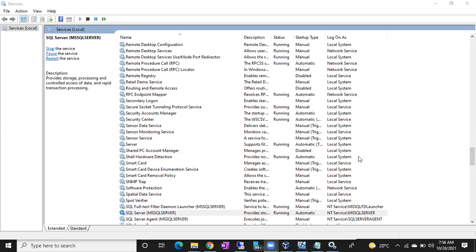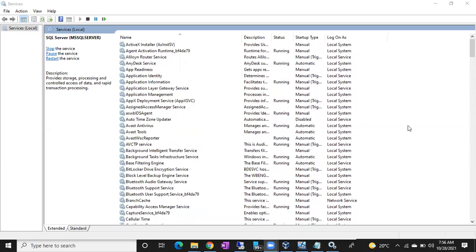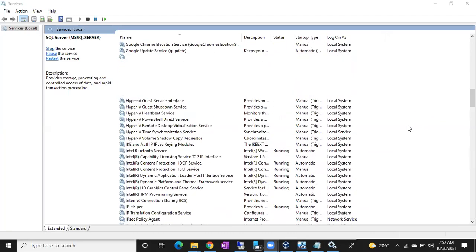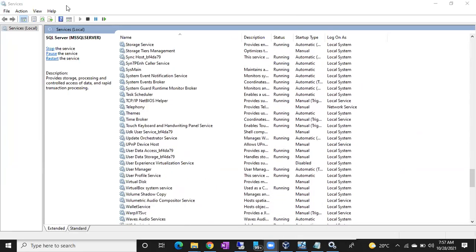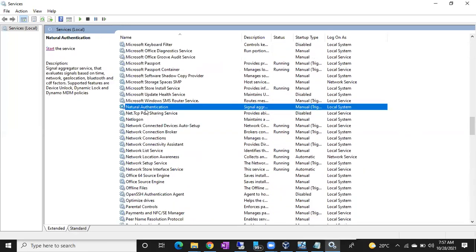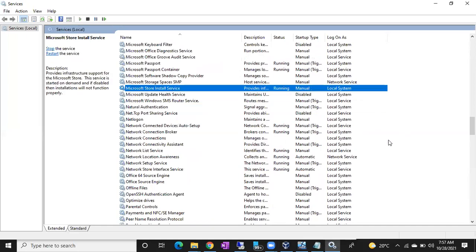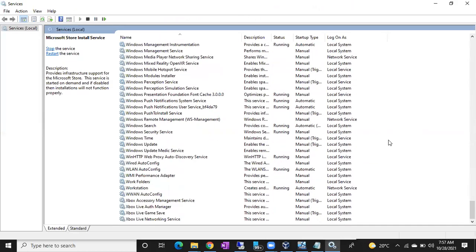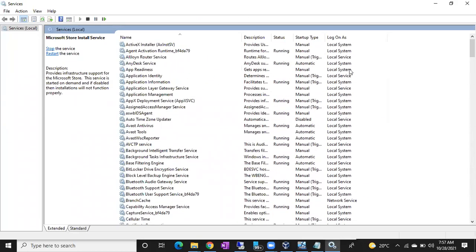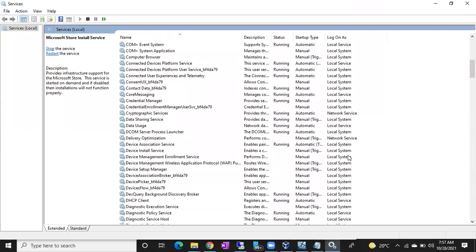Imagine how many members are there in this room. See how many members are there in this room. For all these members, you are giving only 3 workers, right? Obviously you have to wait for your work, right? Imagine this server is a hostel, a PG. In this hostel, imagine each service is one person. Imagine in this PG how many people are staying. For all these people, only 3 workers are there, 3 maids are there.